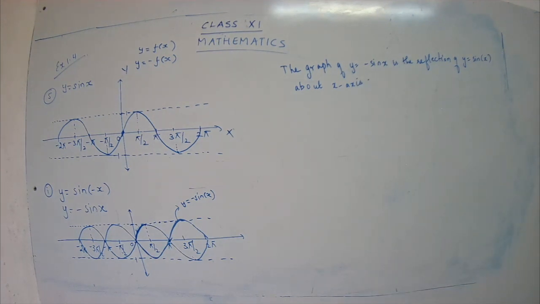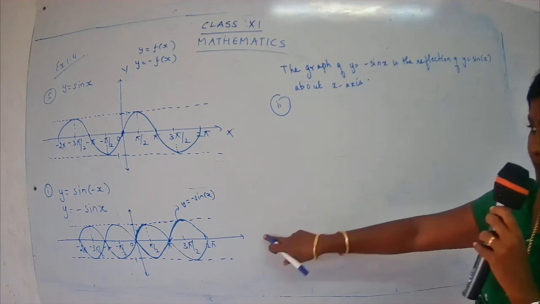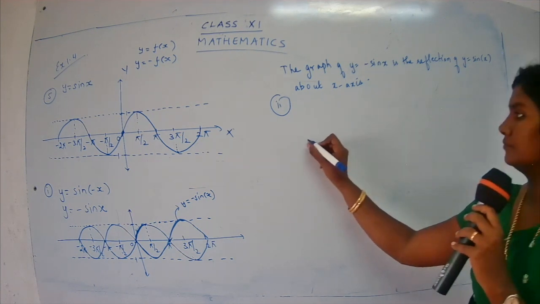About the x-axis. So that was our first subpart. We have completed it for the function y is equal to sine of minus x. What is the value of sine of minus x? It's minus sine x. Let's go for the second subpart. Again, you have to draw a graph of y is equal to sine x. Draw a graph, children. Plot the graph.